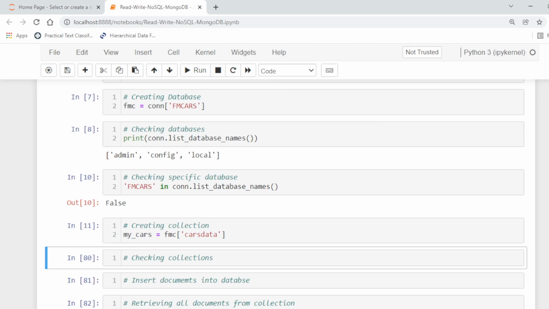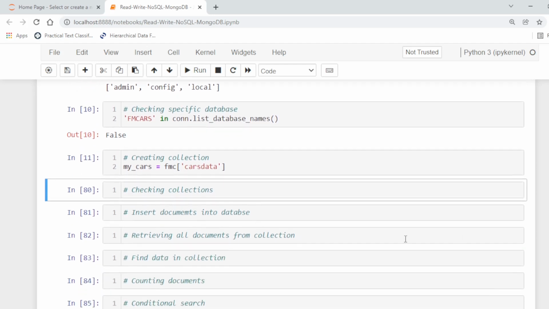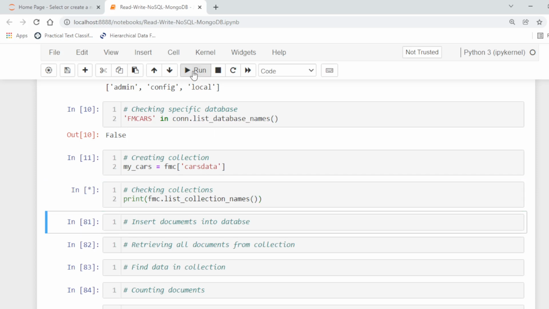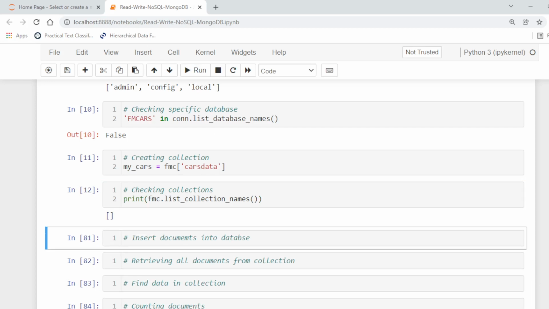You can check whether the collection is created or not, but a collection is created after inserting at least one document. So if we check, it will not be available in the list. For example, fmc is basically the instance of the database, and we are going to check the collections. So there will be no collection at the moment.